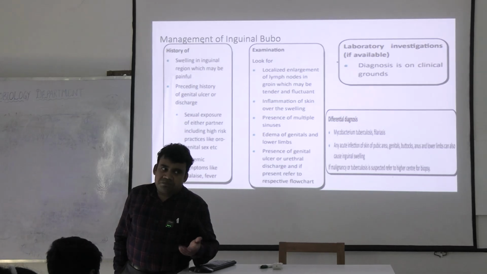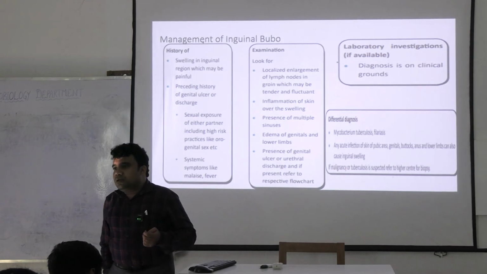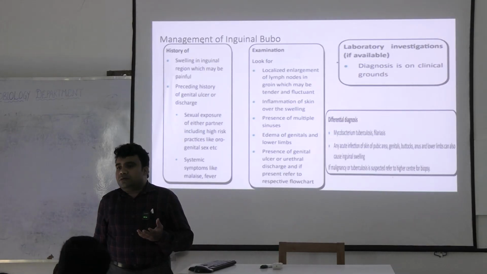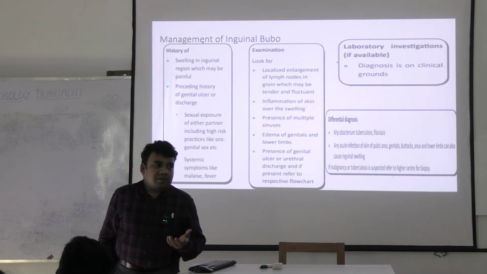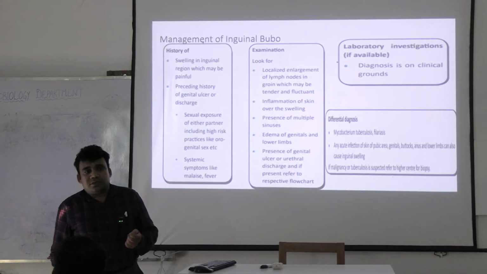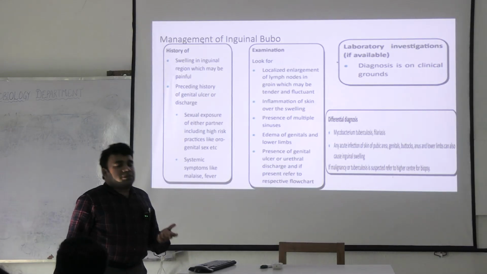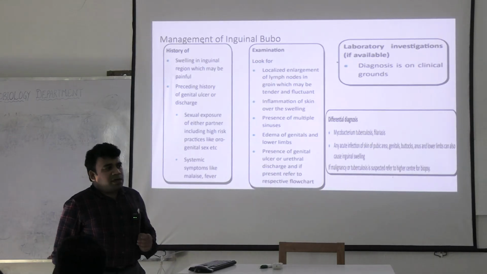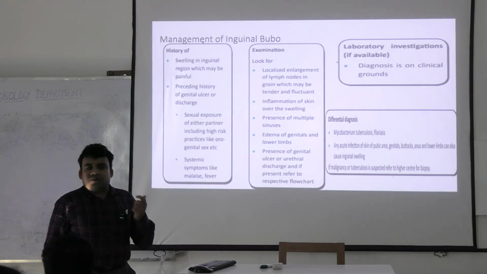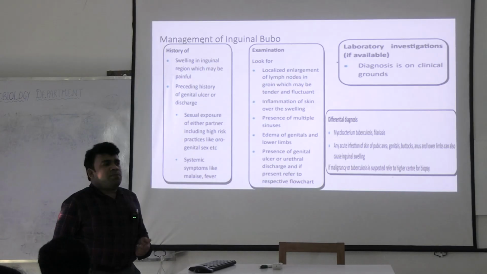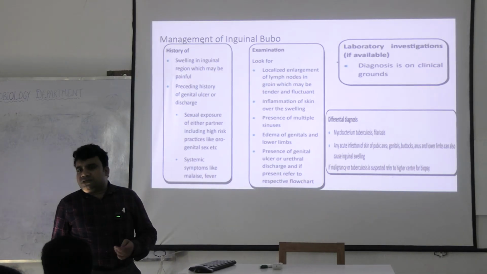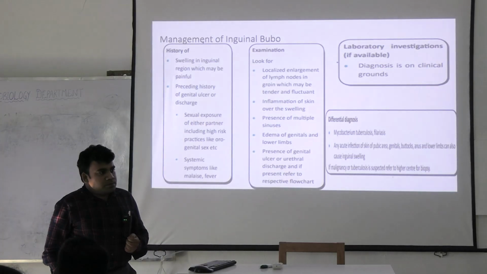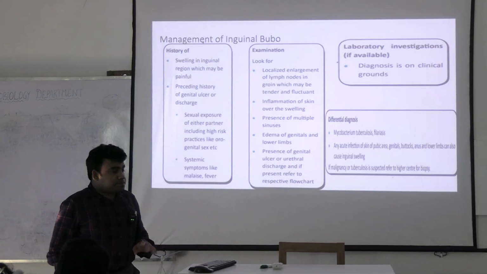Furthermore, we have to look for whether multiple sinuses are present, because this is very commonly seen with tuberculosis. Tuberculous lymphadenopathy will ultimately have a cold abscess. Cervical is a common presentation. Does that mean it cannot happen in the inguinal region? It can happen, so you have to differentiate. Other lower limb infections, any fungal infection in the lower limb, may lead to swelling in the lymph node. So you have to rule those out also.